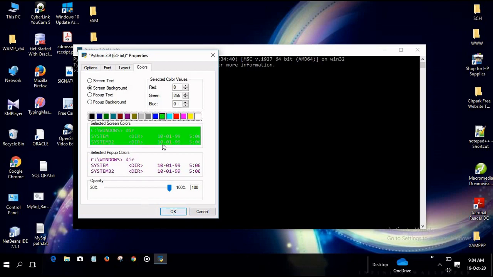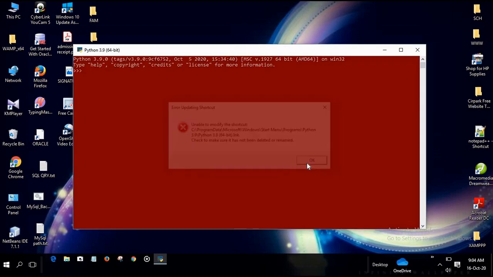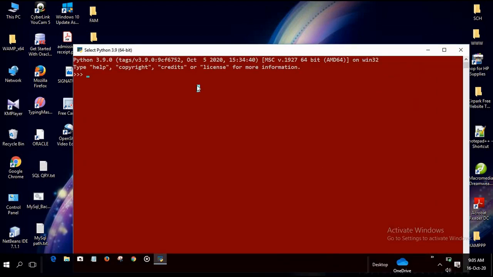Okay. Then click on OK. So I am changing the color black into red. Okay. Then exit.